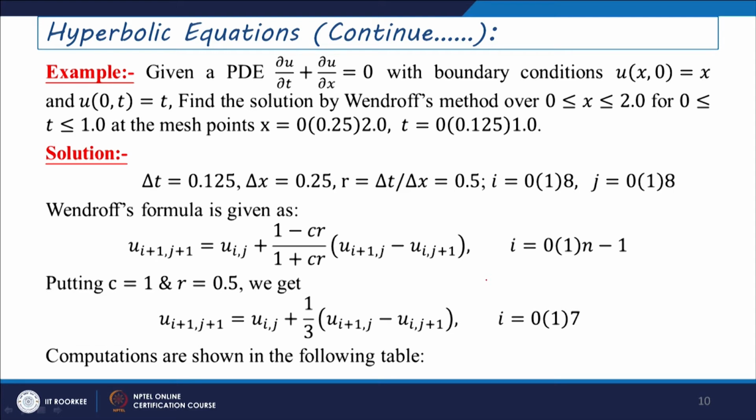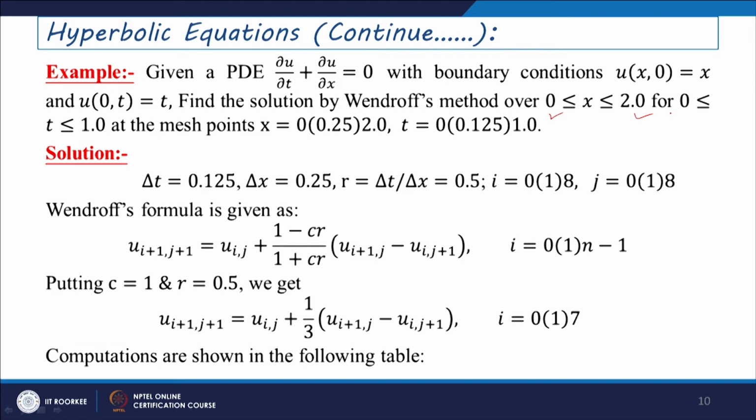So, the question is asked to find the solution using Wendroff's method over x lying between 0 to 2.0. Especially you can just consider x equals to 0 here and L is equal to 2.0, and your t value is just lying between 0 to 1.0, with mesh sizes varying as 0, 0.25, 0.5 in the x direction up to 2.0, and t is incremented in the form of 0, 0.125